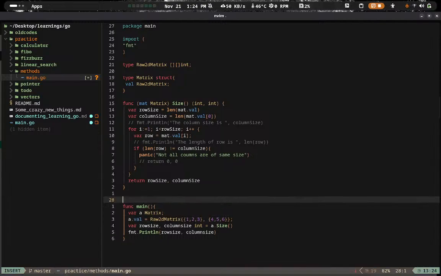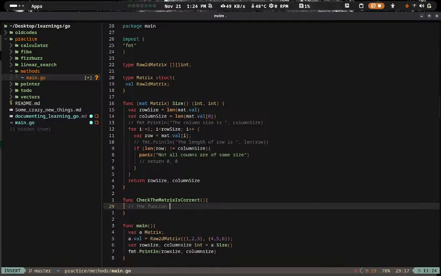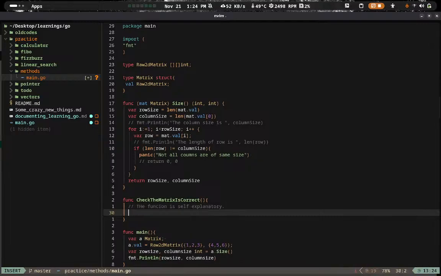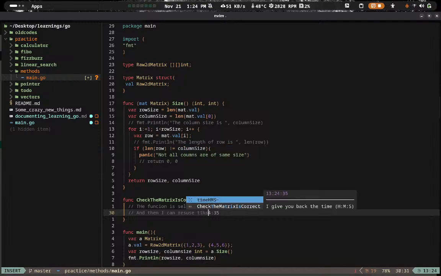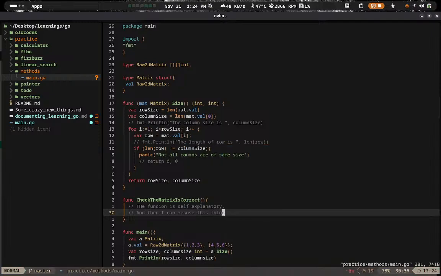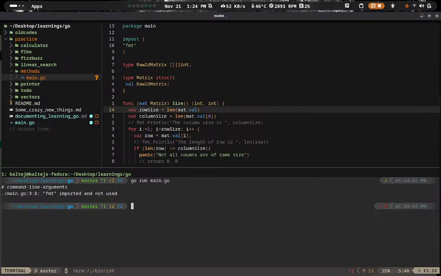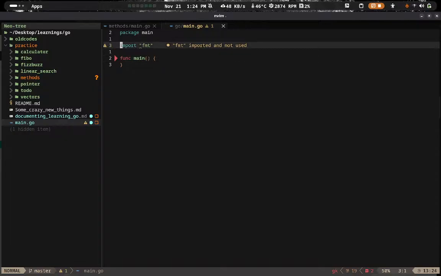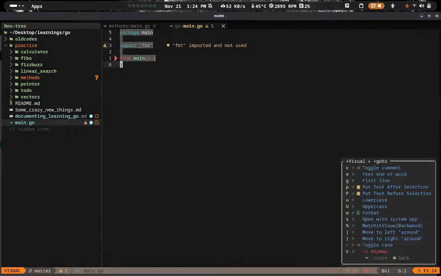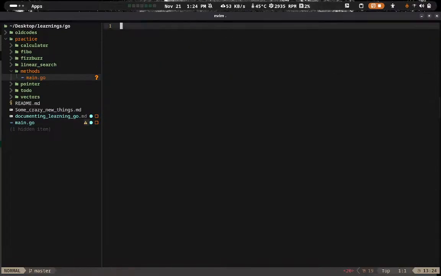I can write a function to check the matrix is correct. The function is self-explanatory and then I can reuse this thing. Correct. Okay, let's see what it has to offer me down below. Okay, close and